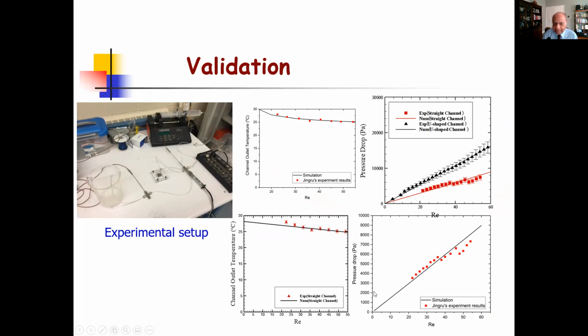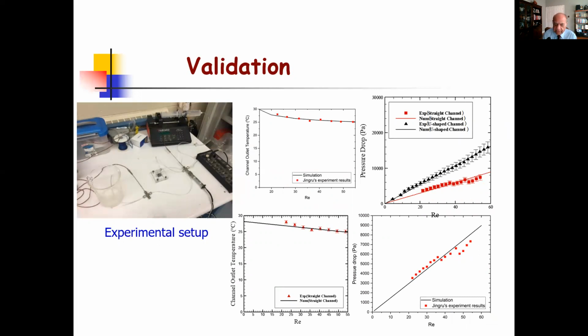And as you can see, the comparison is fairly good. This was largely to see that the model that we're using, the grid that we're using, and the other approximations that we've made are reasonable, and that the solutions can be treated with accuracy, and the predictability is high. So the model is basically done.